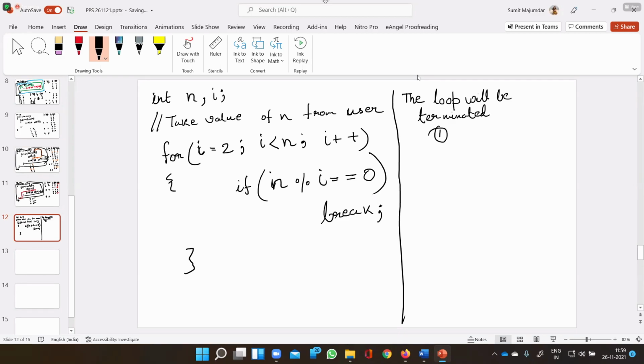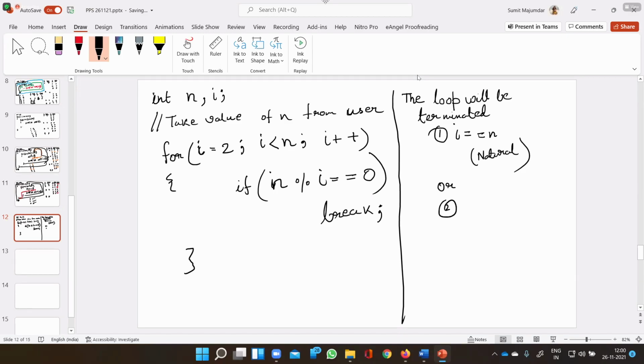So it will be terminated when the I value equals n. That is the natural way to die, right? Yes, sir.